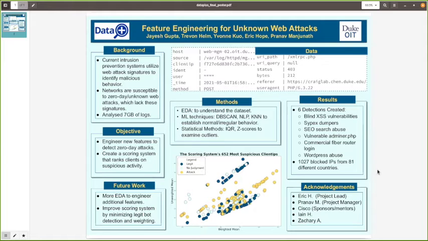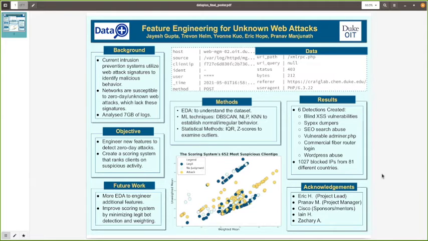If I do say so myself. But some things we would like to do in the future with our work here. One, we would like to do more exploratory data analysis. We just want to see what other things we can come up with, explore different features, maybe combine some of the columns and see if we can create brand new methods of tackling unknown attacks